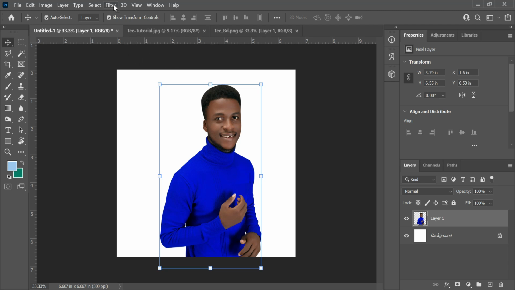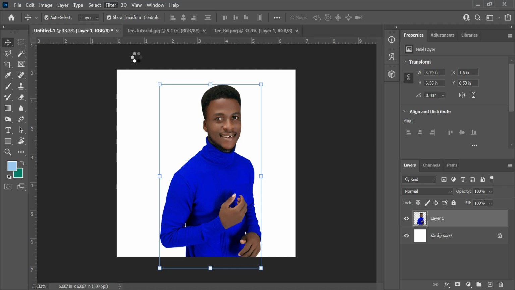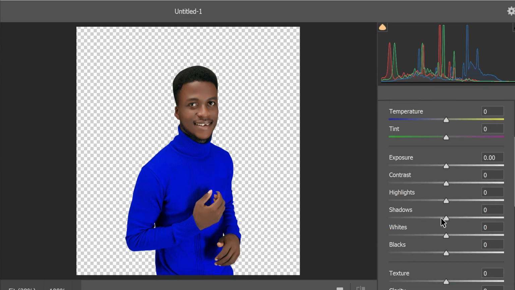Okay, so next I'm gonna head up to my filter. Once I click filter, I click Camera Raw. It takes some little time, then it loads up. Once it loads up, then I can continue. Okay, so this is it. This is Camera Raw. This is how it looks. And I will just play around with all of this. I can't really remember precisely what I did, but I'll just play around with it, and hopefully I get the